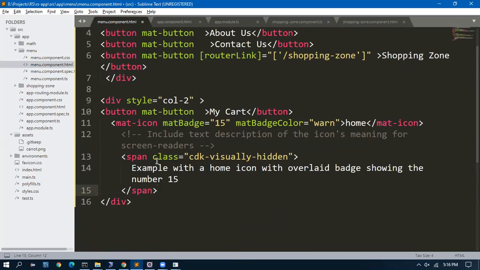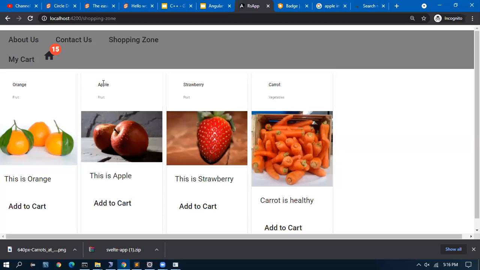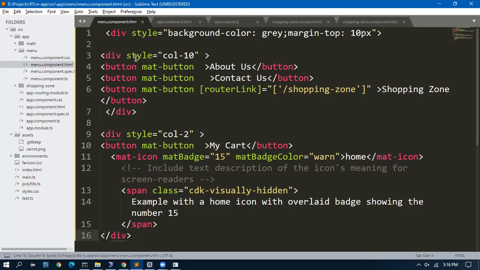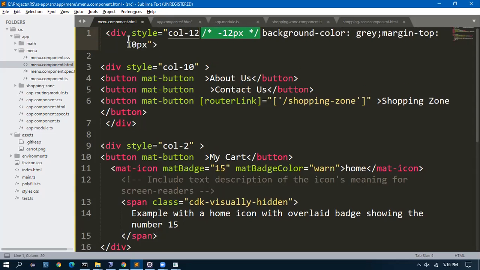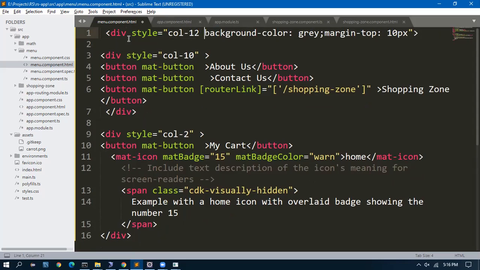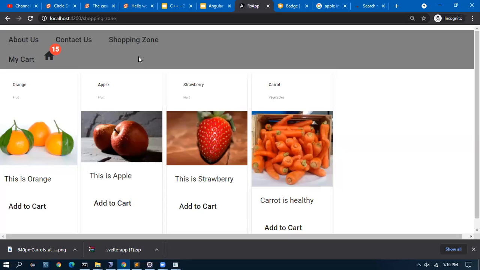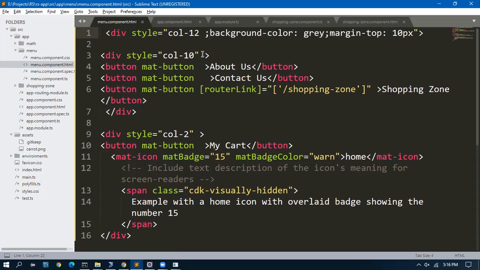Here I will give col. If you do this button, what is this div? Okay, notice. So 10 and 2. The total div, I will give style col 12. Okay, why is it not coming?